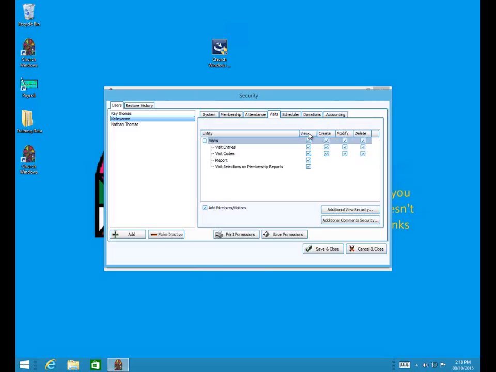Viewing would mean just all they can do is go in and look at the visits area. Create would mean they can go in and actually add new visits and create visits. Modify would give them the ability to change things that are already in the program for visits. And delete obviously would give them the ability to delete a visit. But here you can choose to allow all those options for the entries, the visit codes, the report, and the selections on the reports. Whether or not people can add members or visitors from the visit screen,